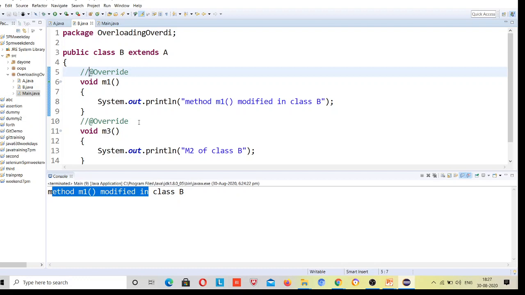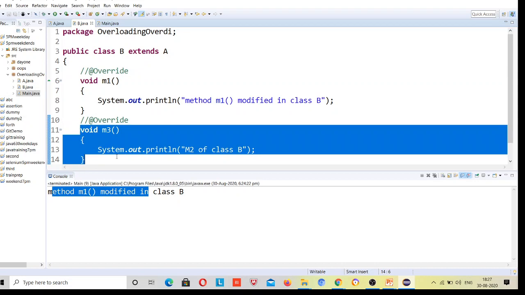Look Lakshmi, what happens if I will not write this override? This is an annotation, right? And if I will not write this, it's okay. Java is so powerful, it will understand that you are overriding a method. But it may be an overridden method or it may not be. Likewise here, if I have not given some instructions to the m3 method, it is considered a new method, right? But if you write @Override, this means that you are overriding a method, and